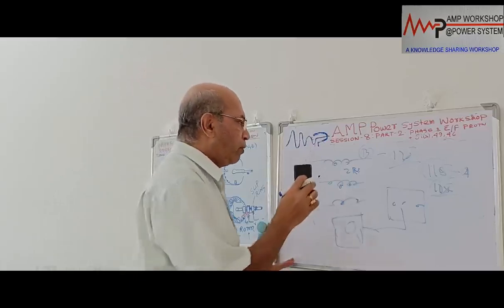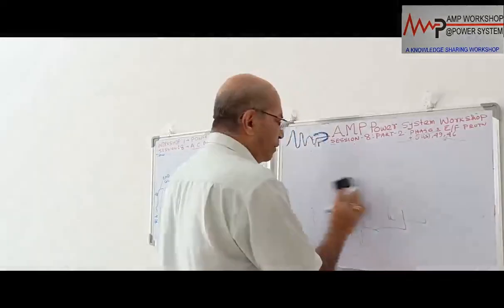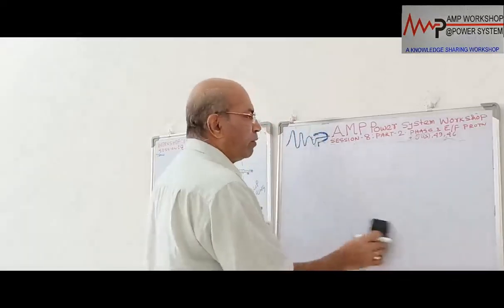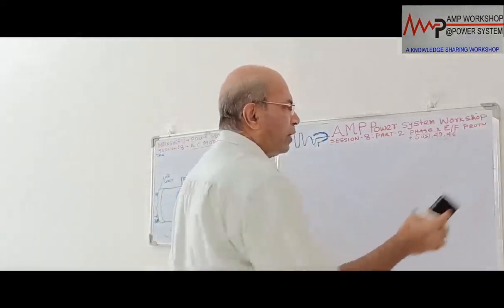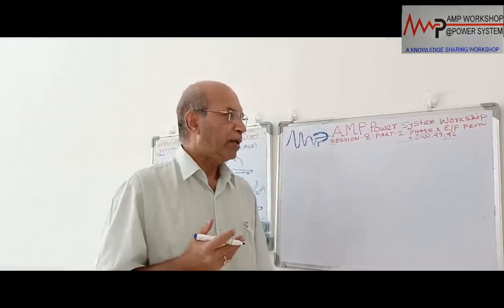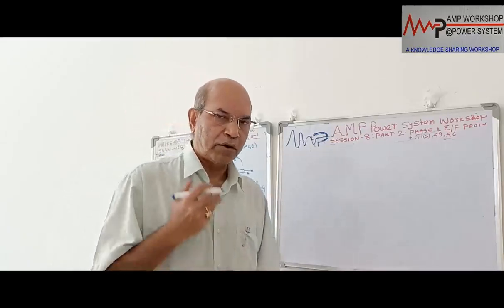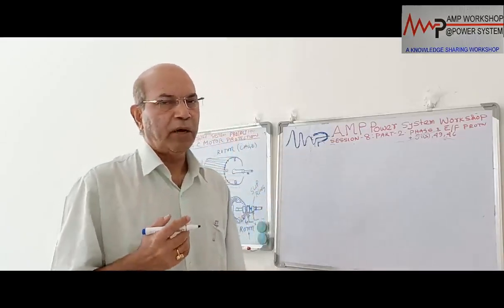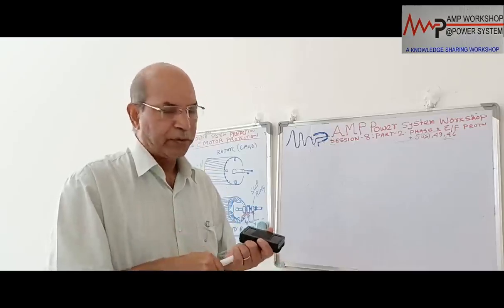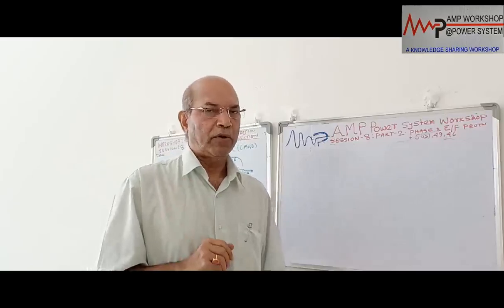So we'll close the discussion today. We have already completed 45 minutes. We planned to complete negative sequence current protection today, but we were not able to do it. We'll do it in the next class. Today we have discussed phase fault, earth fault, locked rotor protection, as well as thermal or overload protection of the motors. With this we are closing part 2, and in part 3 we will close the motor protection.